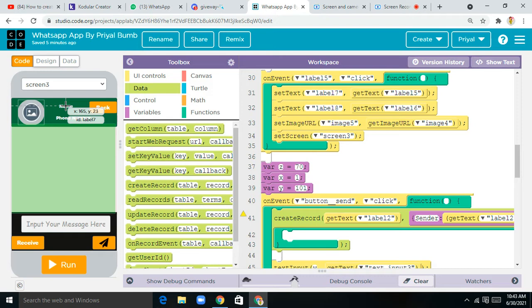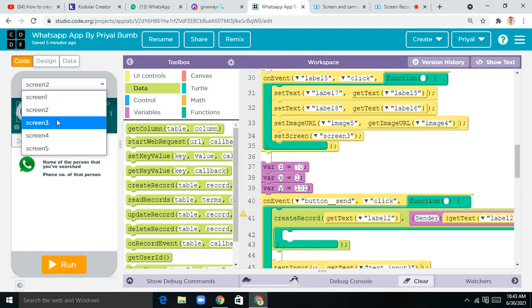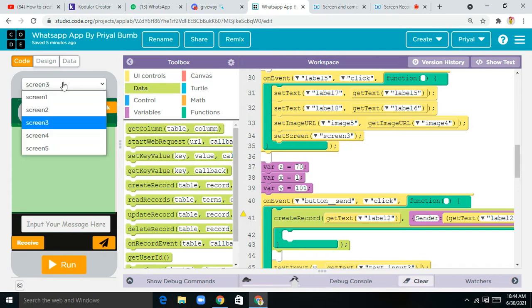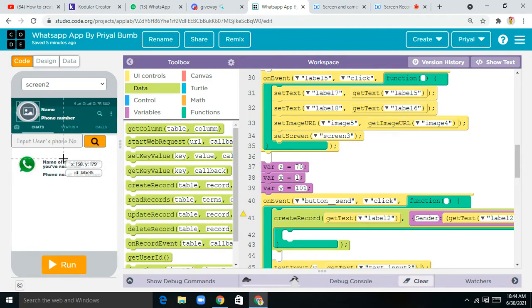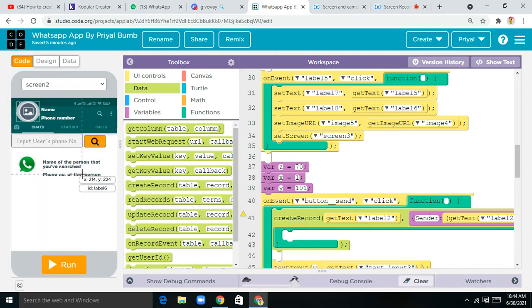Yeah, this is the label 7. So what I want, if any user will just come here, the name of the person should be displayed on screen number 3, this name. So that should be displayed there. That's the thing I'm saying. Okay, so set text is label 7, and from where this text should be set. So get text from this thing, your label 5, with the name of the person that you have searched. That's the thing. And next what we want, set text again, and set text for this phone number. Label 8 here you can see, and get text. Now from where we have to get the text, we have to get the text from label 6.